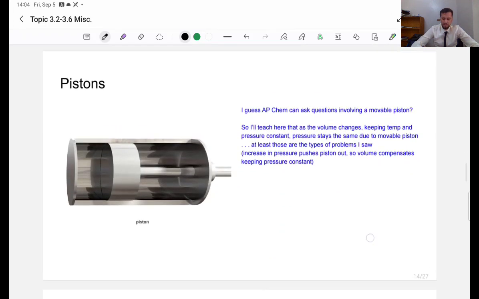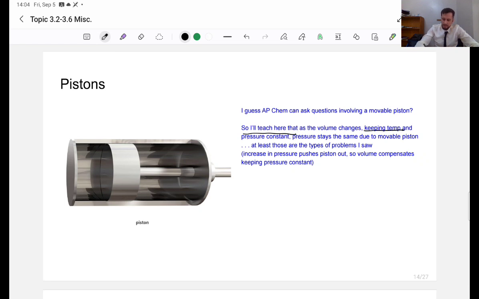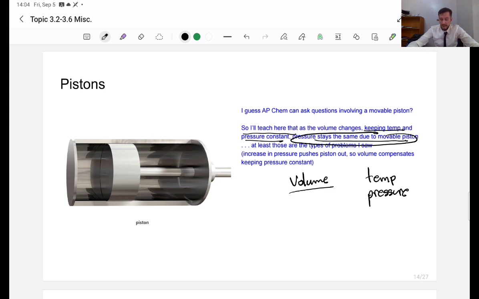But let's look at this in action. So again, I'll teach here that as the volume changes, keeping temperature and pressure constant, pressure stays the same due to a movable piston. I think the bottom line here is that pressure stays the same. So if the question is asking about a change in volume, then the temperature and the pressure are going to remain the same. Okay? Let me say that again. If the question's asking about a change in volume, we're going to assume